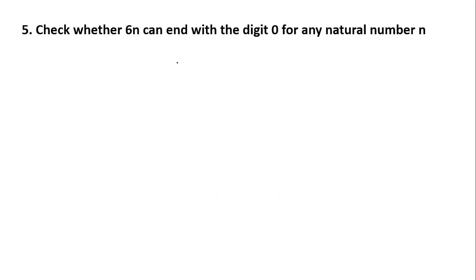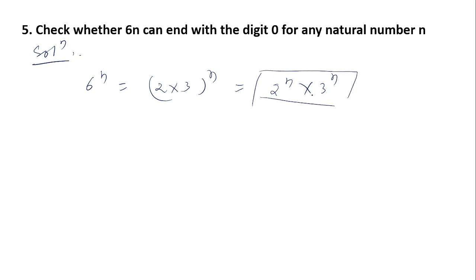Check whether 6 to the power n can end with digit 0. I have already told you that. Let's try it. Solution. 6 to the power n can be written as 2 into 3 to the power n. This can again be written as 2 to the power n into 3 to the power n. So in this case, you can see that in order to end with digit 0,